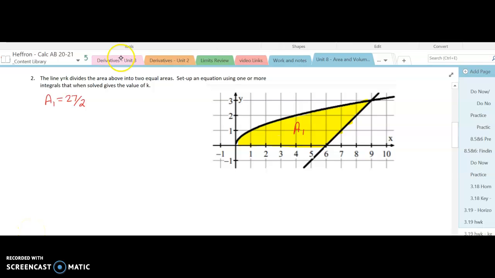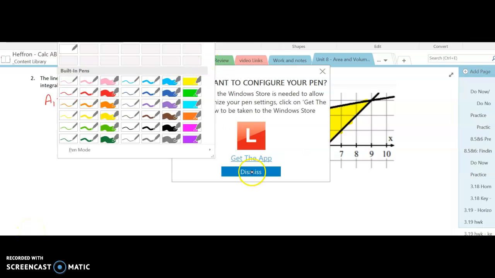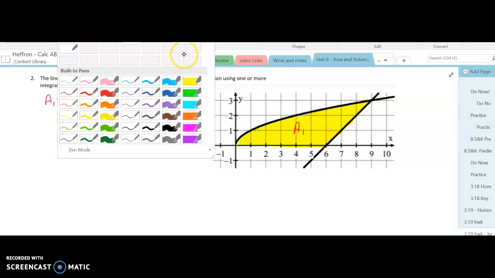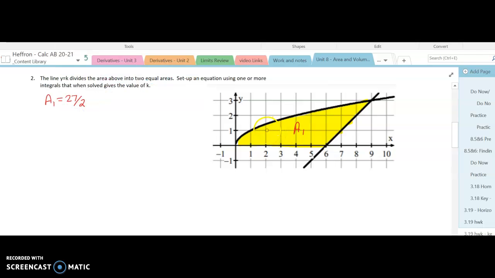So if we're going to try to divide this up into exactly 2 halves, and we're going to do it with the line y equals k, we know y equals k is some kind of horizontal line. If they had said x equals k, then it would be vertical. But since they say it's horizontal, we know we're looking at a horizontal line, and the only way we can